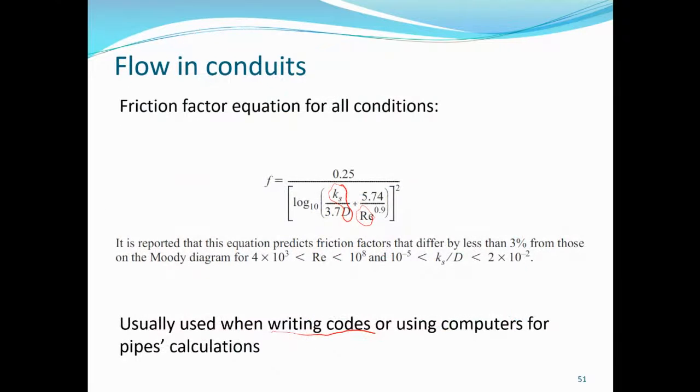If you are programming, if you don't want to be using that, you can simply put your Reynolds number here and your relative roughness here, and then find your friction factor. But this is